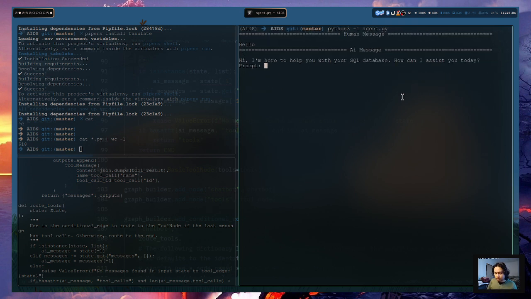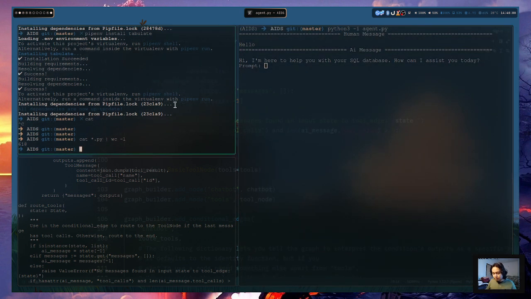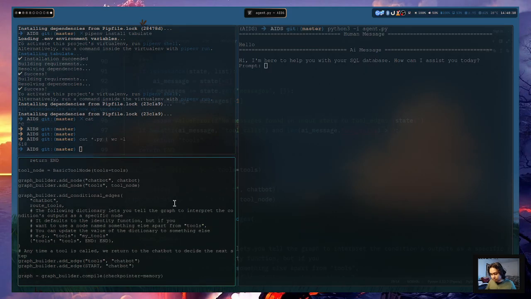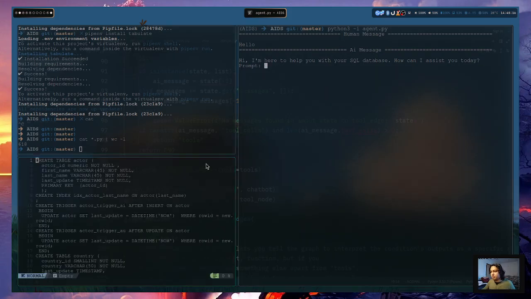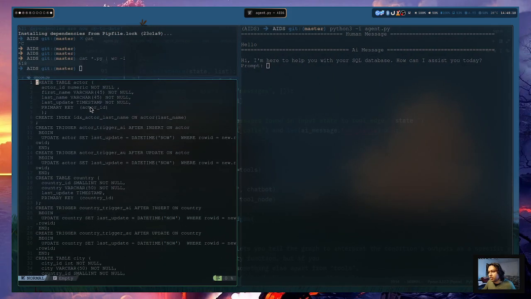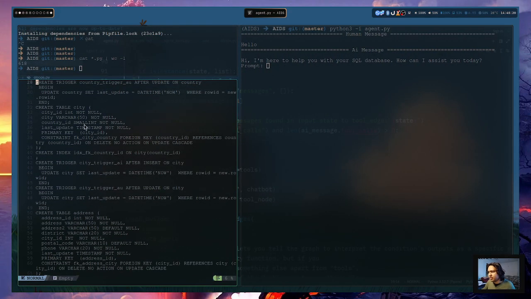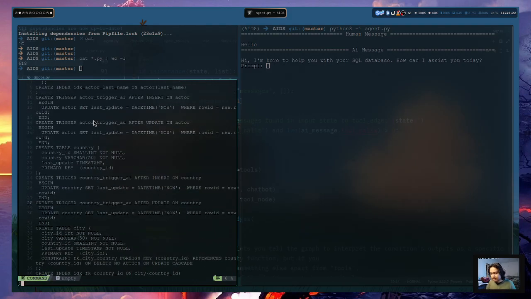So let's ask it. The database that I'm using is this, actually. SQLite. This is the schema of the database. As you can see, the database has a lot of tables like city, film. This is basically a film database.